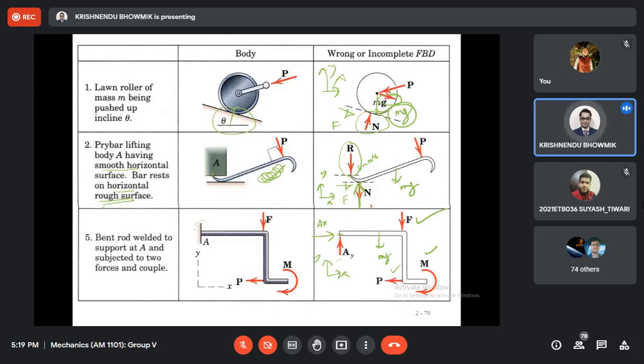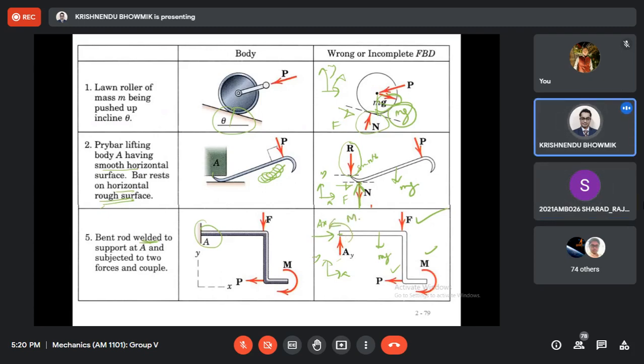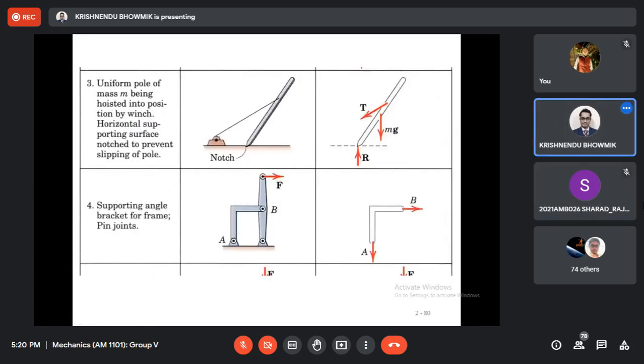What type of support? This one? Sir, it's a welded support. Welded support. Then there will be a moment. Yes, so the moment is missing. Okay, this is the moment. Yes, sir. Okay, for this case,